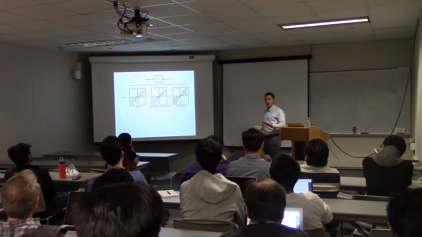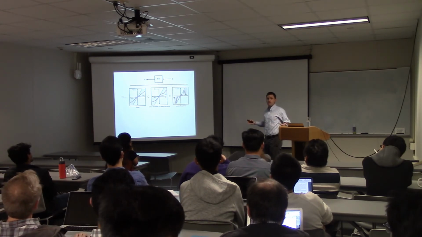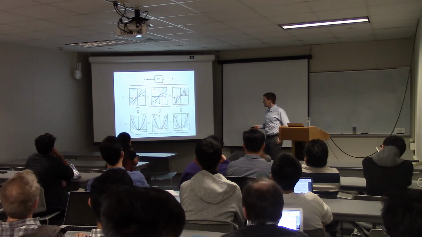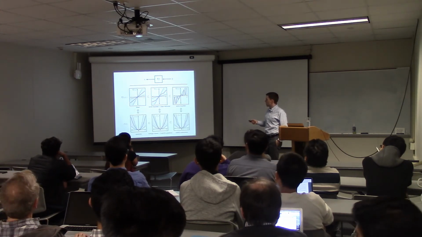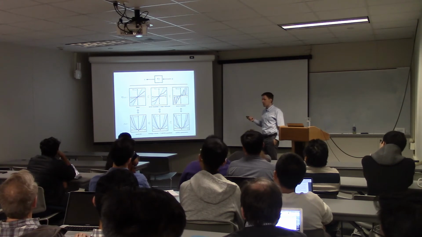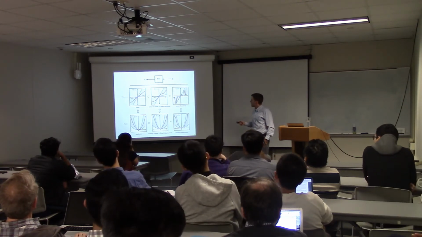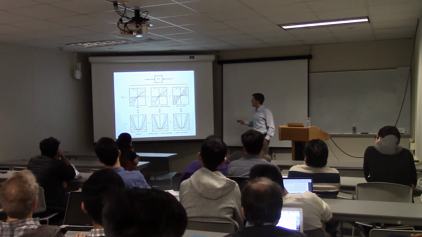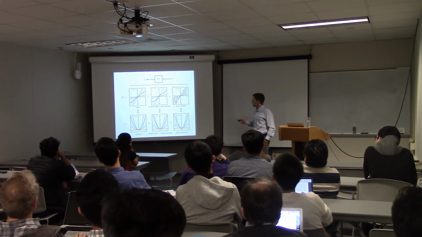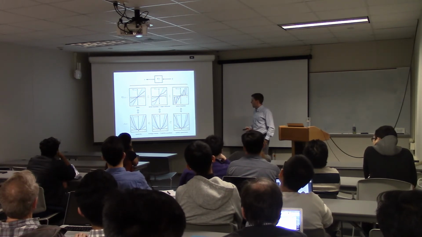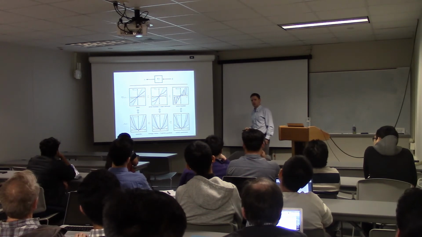Now, if this is what the gradient looks like, what does the original function look like? In the case of a linear slope like this, the function is quadratic. We already talked about that. It turns out that if you have sector-bounded and slope-restricted functions like this, then f is a strongly convex function with Lipschitz gradients.